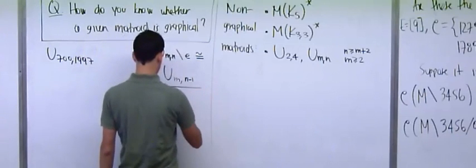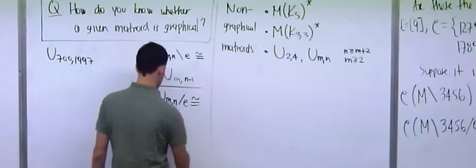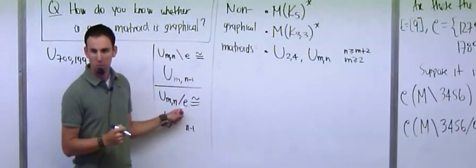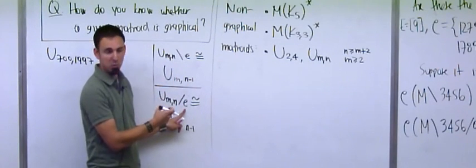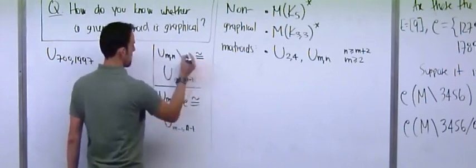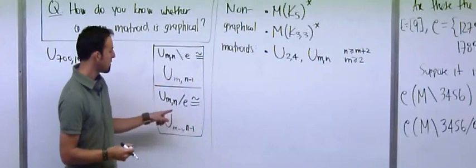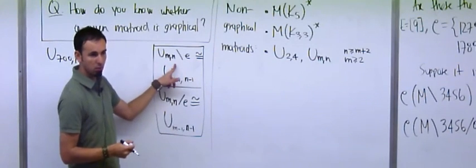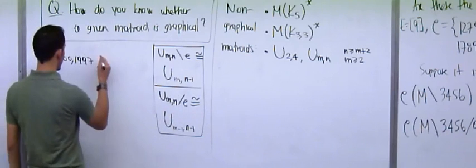What happens when you contract an element? Then you get a matroid where you have n minus 1 elements. And what are the bases of contracting? Remember, what you do is you take the old bases that contained e, and you delete e from those. So those bases had size m. Now they have size m minus 1. Okay. And what that tells you is that U(m-1, n-1) lives inside UMN, and U(m, n-1) lives inside UMN. I think that's a pretty good indication that U24 lives in here. So how many things should I